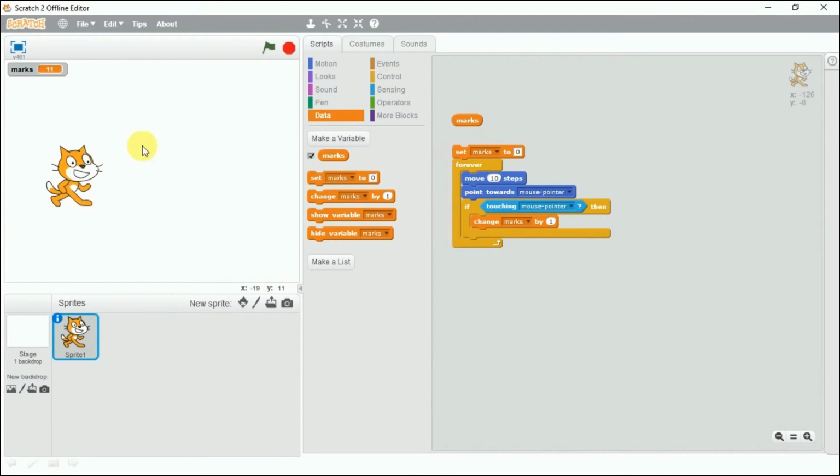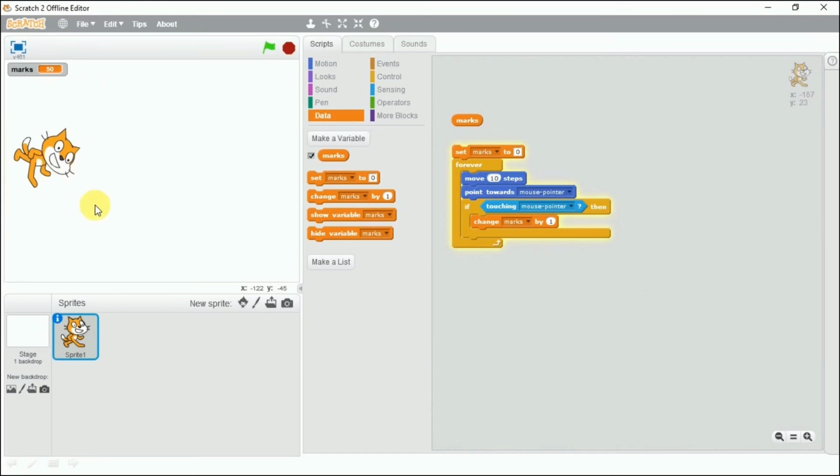Okay, so I would be moving the mouse and it would be chasing my mouse pointer. The moment it is able to touch the mouse pointer, it will get more points. Okay, let's start now. See, it is trying, but it is not able to touch. See, it has touched, so its value is increasing. It is so frequent. Got it? So it is increasing the value as it is able to touch the mouse pointer.